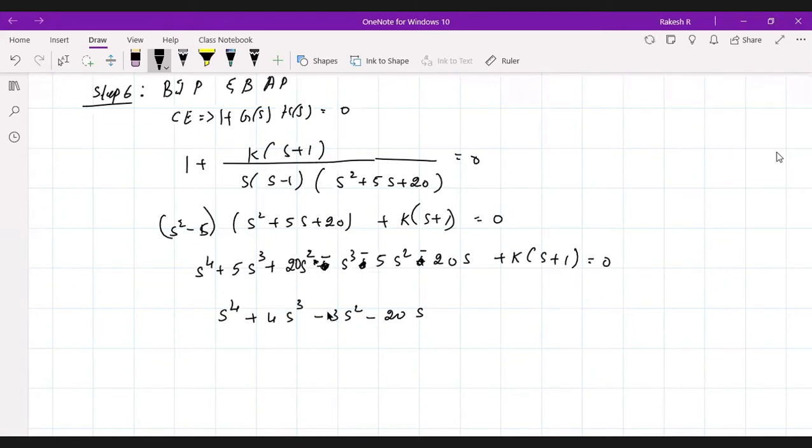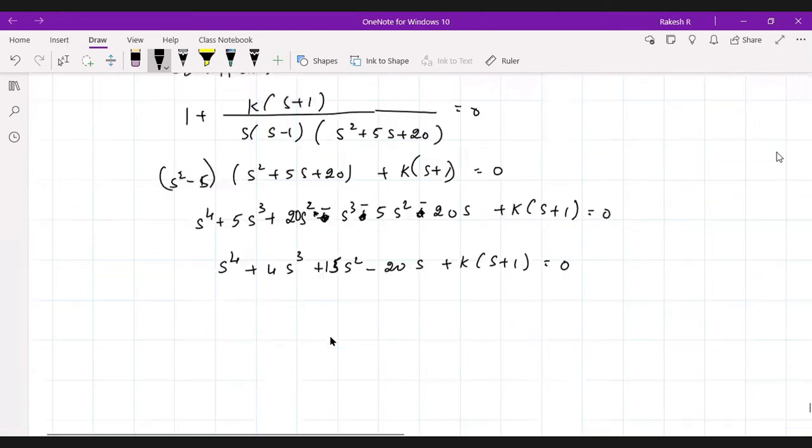And so this becomes 15s now. Yes, sir. Plus 15 s square. This is plus 15s square minus 20s plus k into s plus 1. Just check, is this equation correct? S raised to 4 plus 4s cube plus 15s square minus 20s plus k into s plus 1